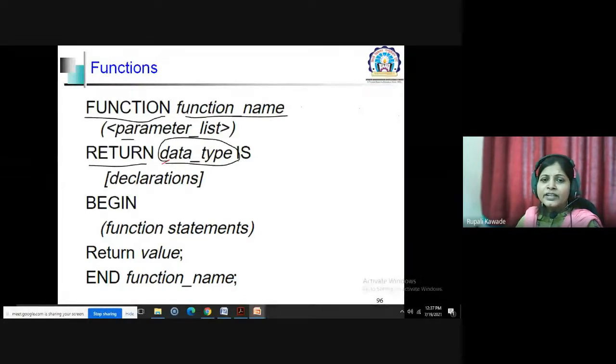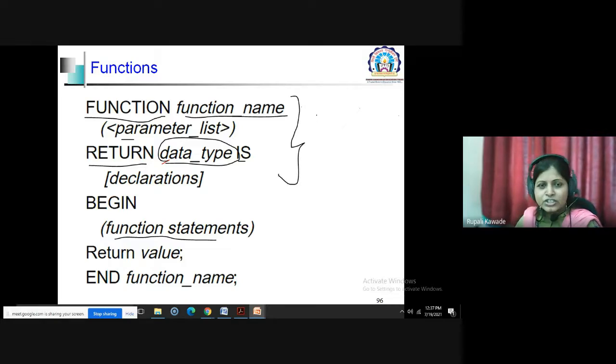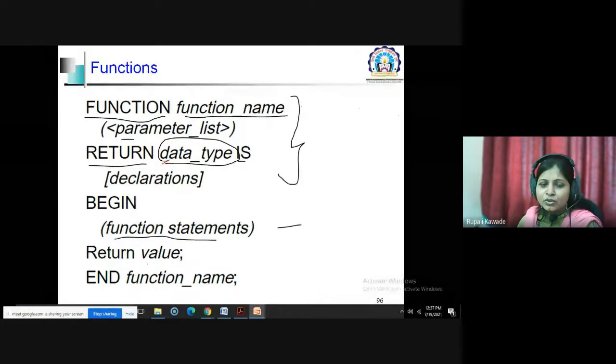Then is is again a keyword. In this part, you can write different declarations, like a declaration of a signal or a component, that you can include after return and before begin. Then after begin, there will be the function statements that form the body of your function. So this can be the prototype of a function, and this will be the body of the function. Then the return value, whatever value you have to return, you mention, and then end function name.